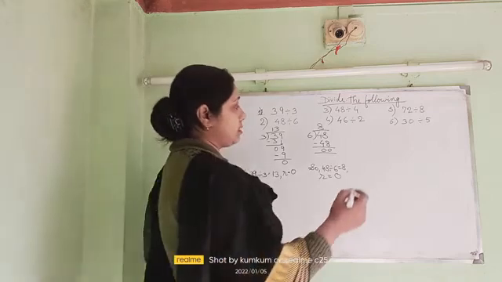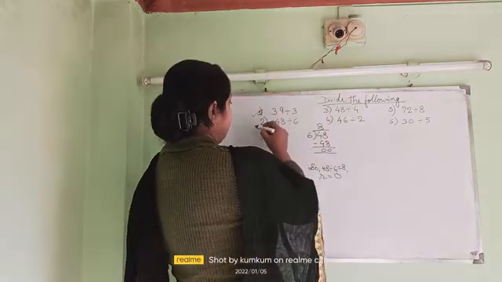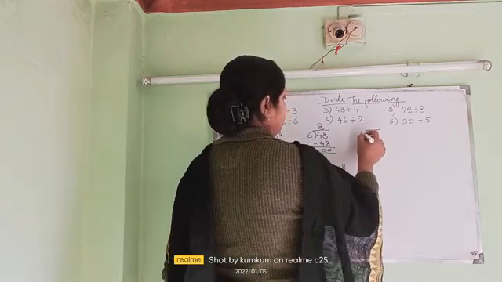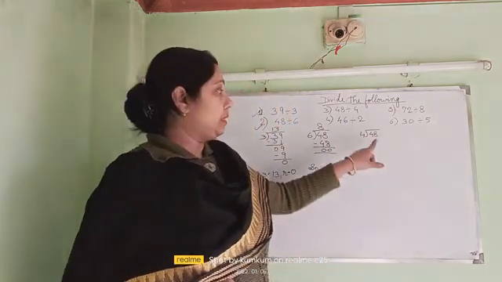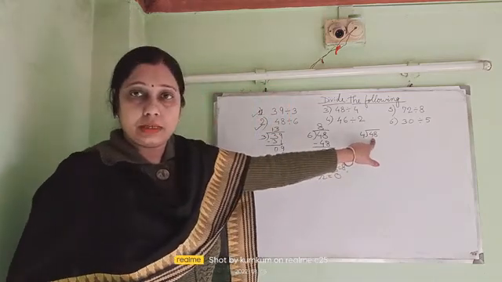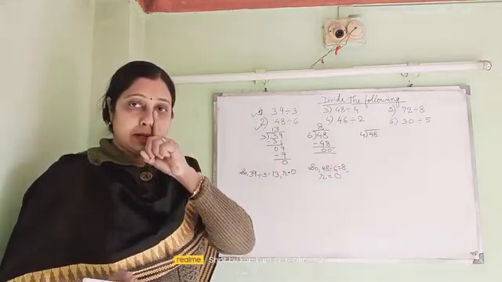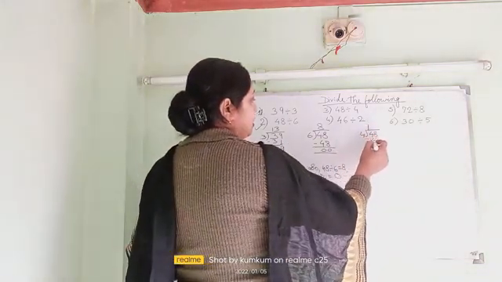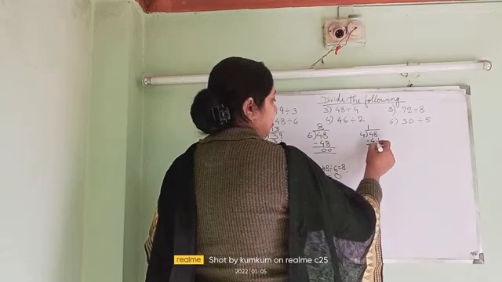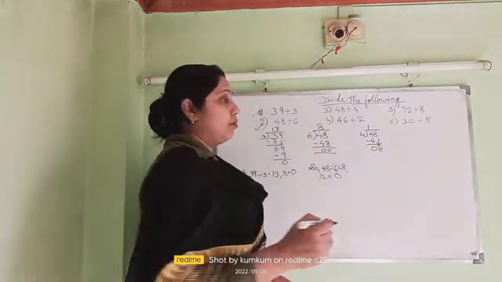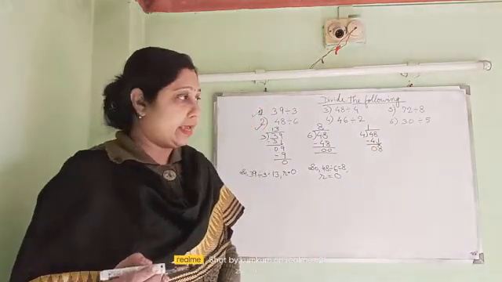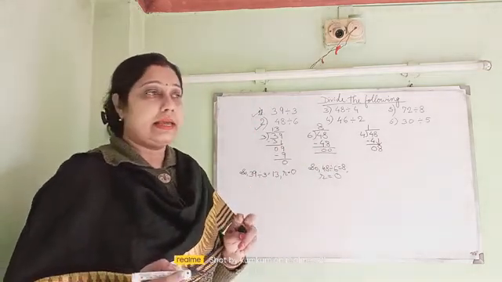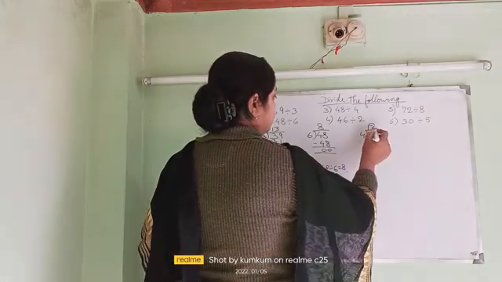Now let us go to the next question. See, we have done number 1, number 2. Number 3 is 48 divided by 4. Now here also you see both the numbers are same. 4 and 4, both the numbers are same, so we will take only one number. So read the table of 4. 4 ones are 4. I am going to write here 4 ones are 4 minus, and now I am bringing here 8. Now we will read the table of 4 until 8 is coming. So 4 ones are 4, 4 twos are 8. So I am going to write here 2, 8.